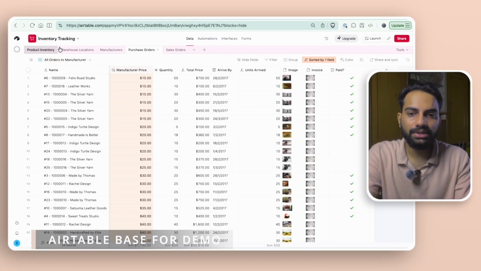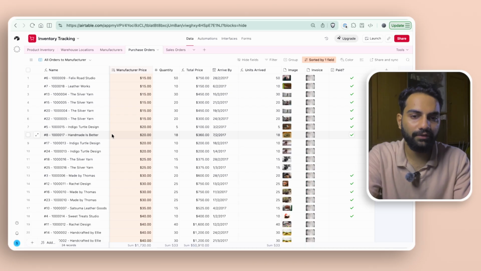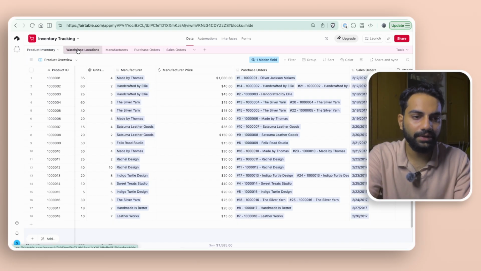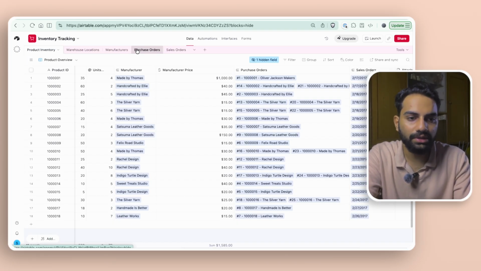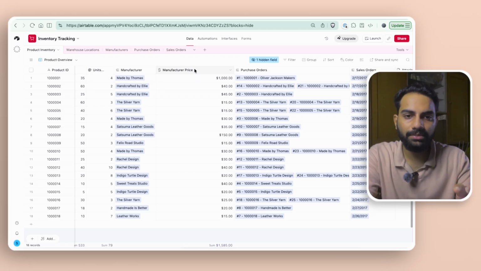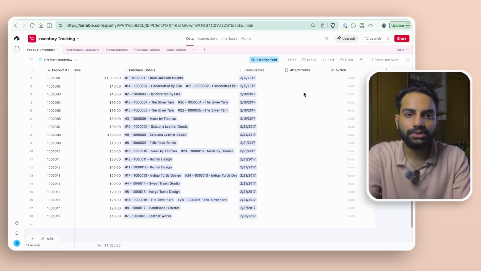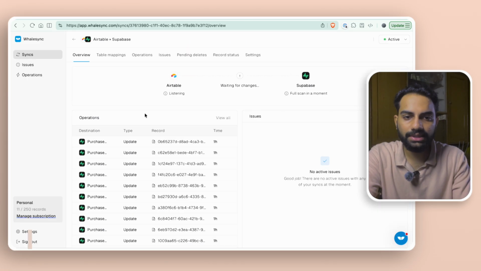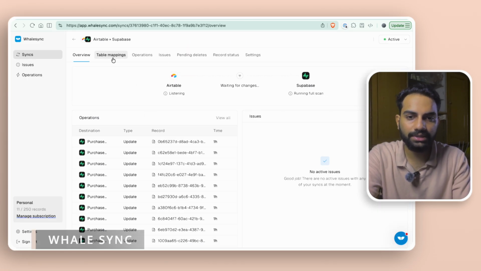So this is for demo purposes. This has all kinds of records and the fields that we usually use in real scenarios. I use this for migrating my Airtable to Postgres, and for this I use Wellsync. You can see I have set up the syncing here, but